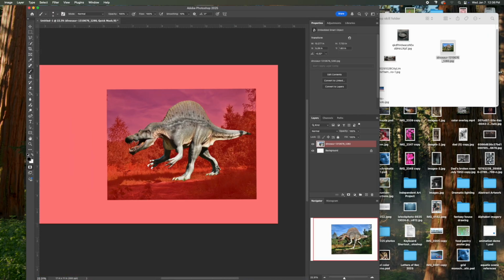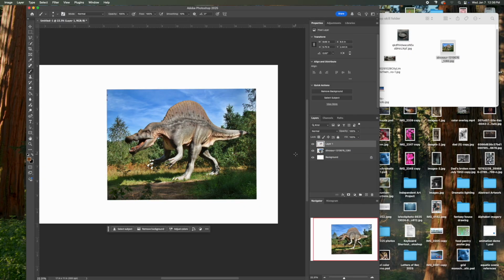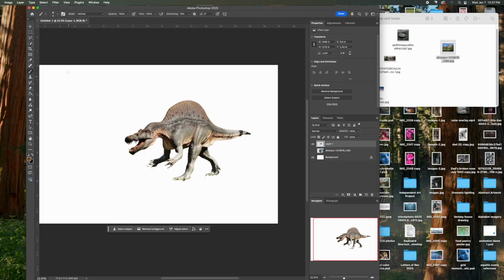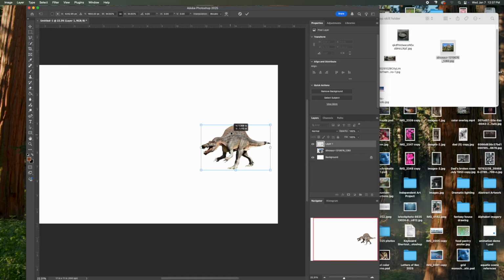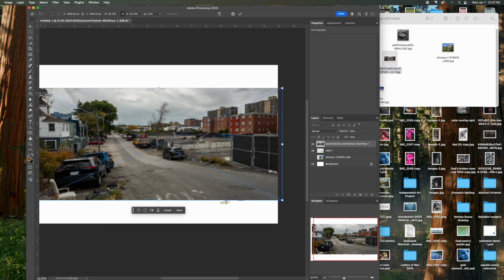At this point, with my selection done, I can hit Q to get out of quick mask mode, and I see my refined selection. I can now copy and paste it, and as you can see, I have a nice cutout. That selection is going to be set aside, and I'm going to get my background in now, which is